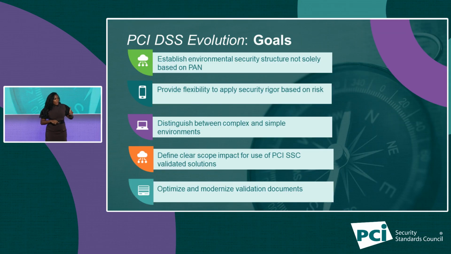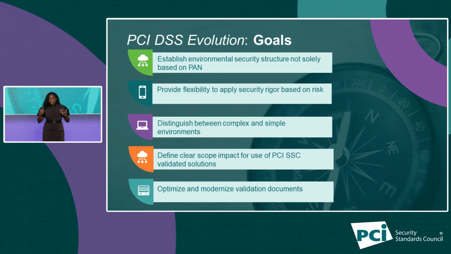And so here, I'll share with you our key goals that we're working towards. So here is the end state that we're looking to achieve. This is where we're aiming to get to. First, to establish a baseline environmental security structure that's intended to secure sensitive payment account data elements and processes globally that are not solely defined by the presence of PAN. PCI DSS's mission remains the same, so now it's time to support the global payment environment, as established by our executive committee, to support more broad data assets than PAN.